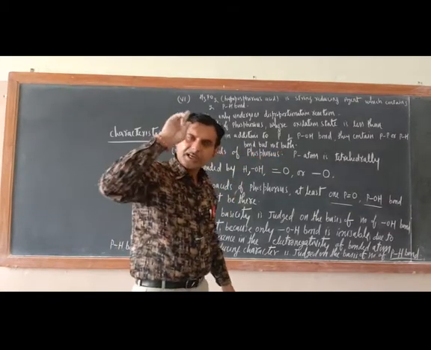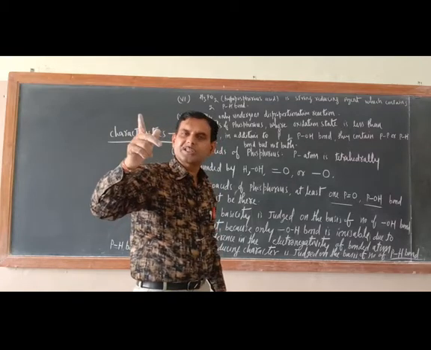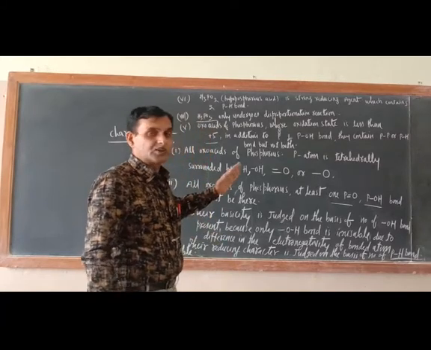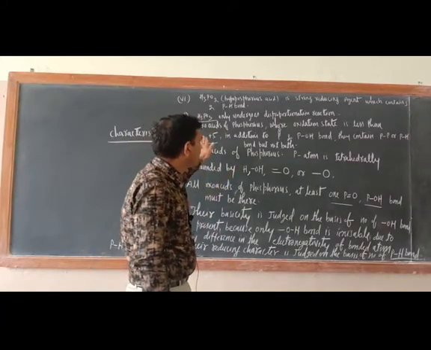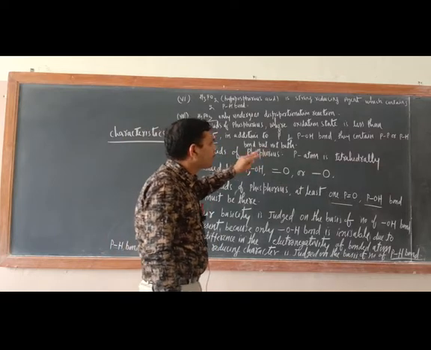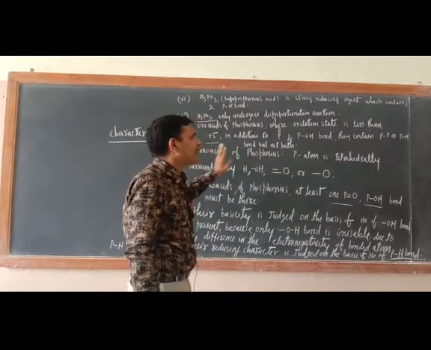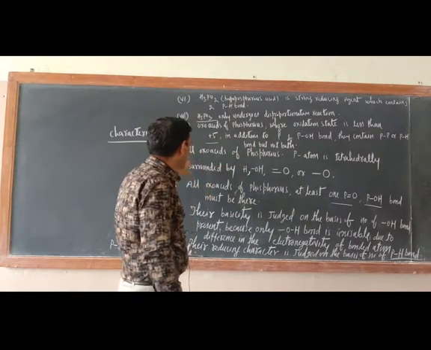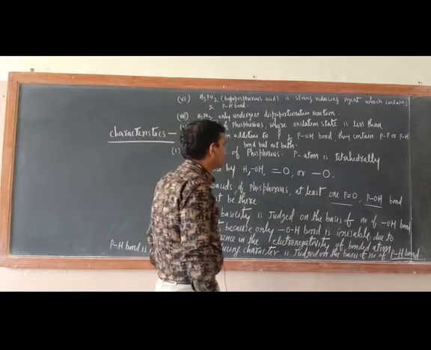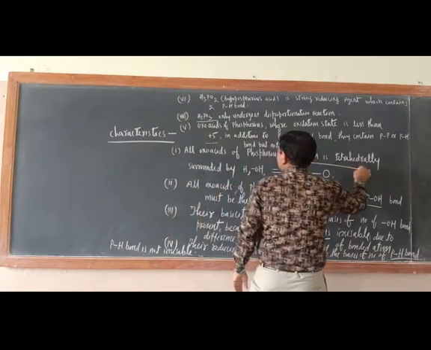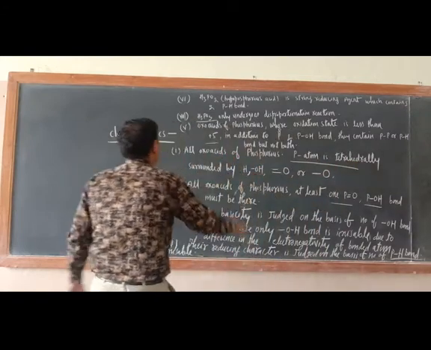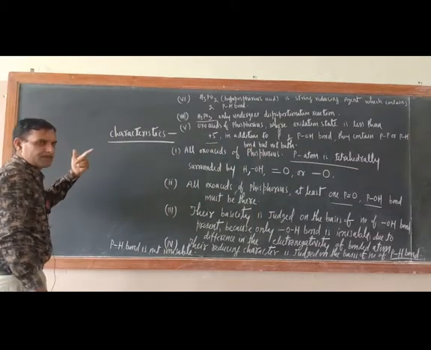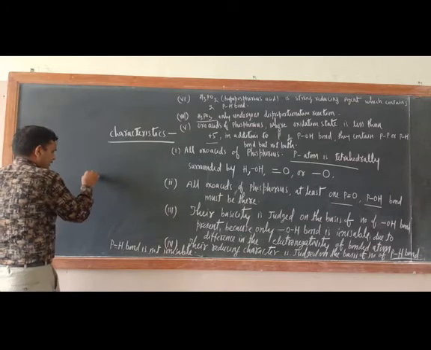Once again, listen. In all the oxo acids of phosphorus, P-OH and P double bond O, at least one bond is a must. But those oxo acids of phosphorus which have an oxidation state less than 5 must contain a P-P or P-H bond, but not both. Next one: in all oxo acids of phosphorus, the P atom is tetrahedral, which I already discussed. Now this is the important point, that H3PO4 only undergoes disproportionation reaction. So what is the meaning of this? Just try to understand.